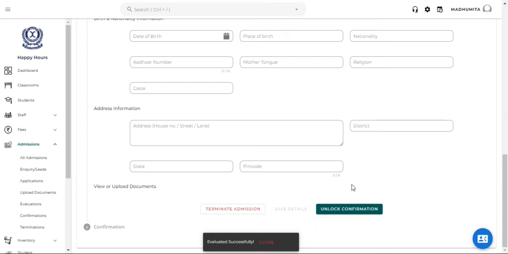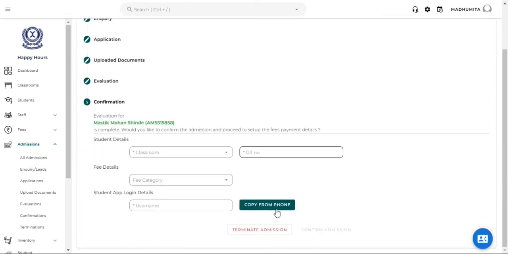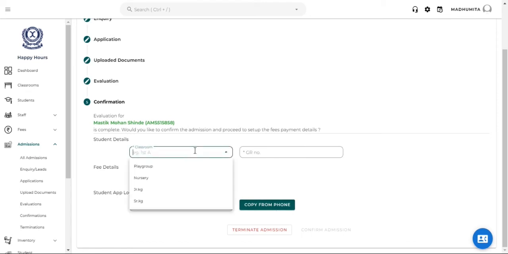From here, you get two options, either to unlock confirmation and move on to confirmation, or you can terminate the admission here as well. Click on Unlock Confirmation and fill in the details like the classroom the student will be in,